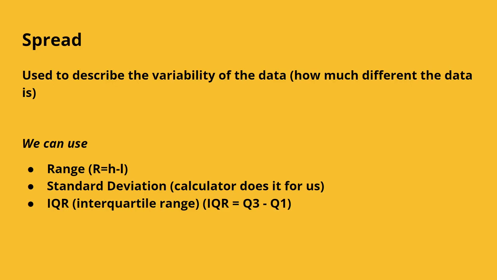So let's say someone gets a bunch of 50s on their tests, well, then the standard deviation is going to be small because their average might be a 50. And if they've only gotten like 50s, 49s, and 51s, then that's pretty close to the mean. So it's a small